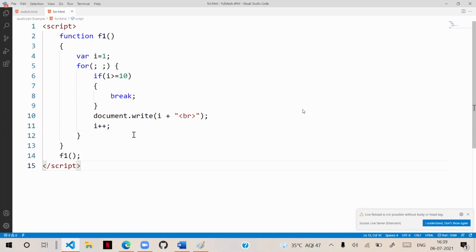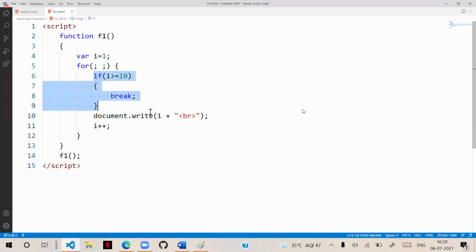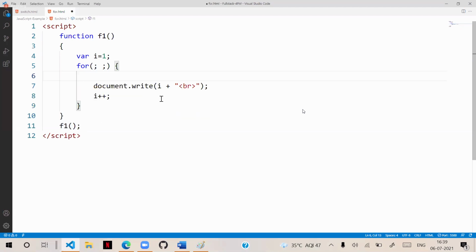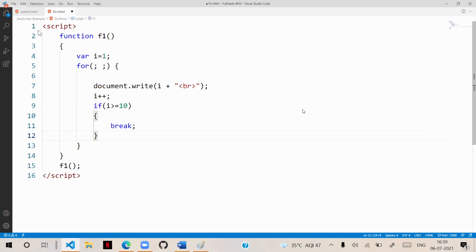Increment, decrement and all, where you are printing is important. Suppose you are printing and taking decisions, you are checking the condition. You see, I am checking the condition below and writing this statement first.